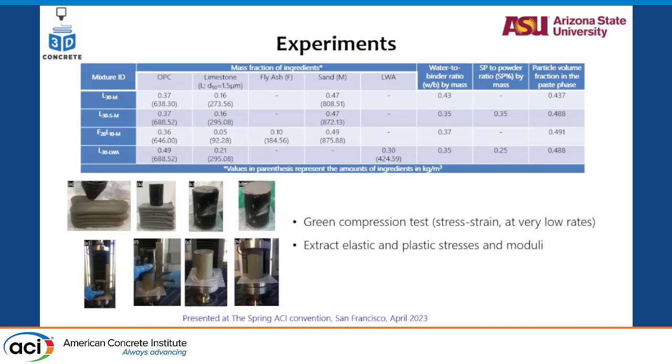So for the verification, we went with 4 different mixes to verify the model over different types of mix, with different types of aggregate used, some with sand of the size of 0.6 mm diameter and lightweight aggregate in the range of 4 mm diameters. Initially we needed to characterize the mechanical properties of the concrete. In literature, usually the mechanical characteristics are taken from cast cylinders rather than printed, and printed will have a different response than cast. We obviously know that. So what we did was we printed a big cube out of which we took